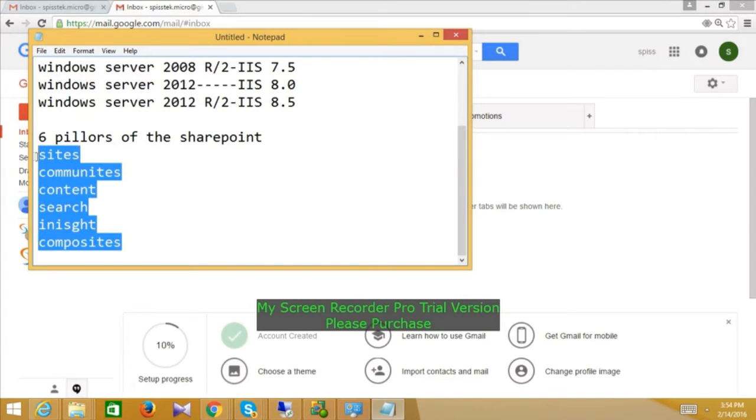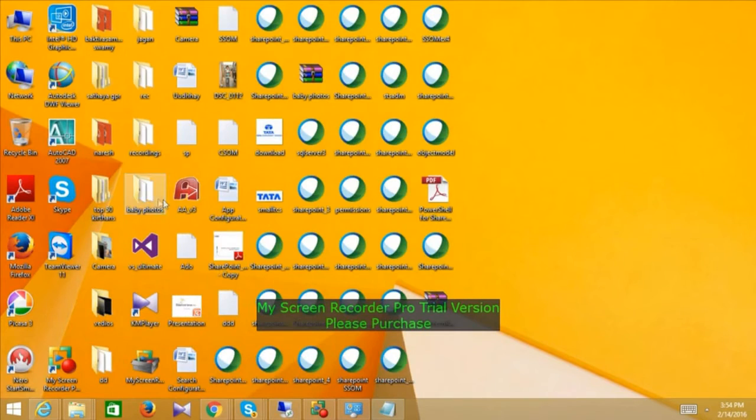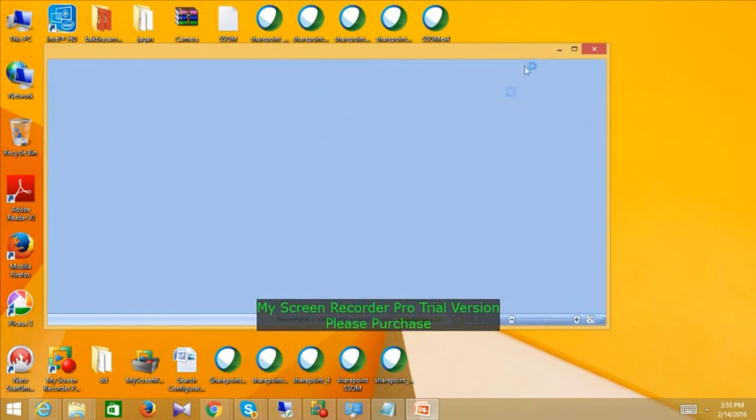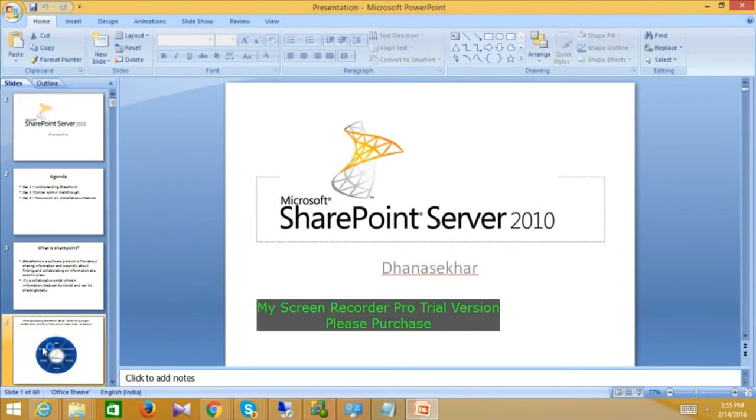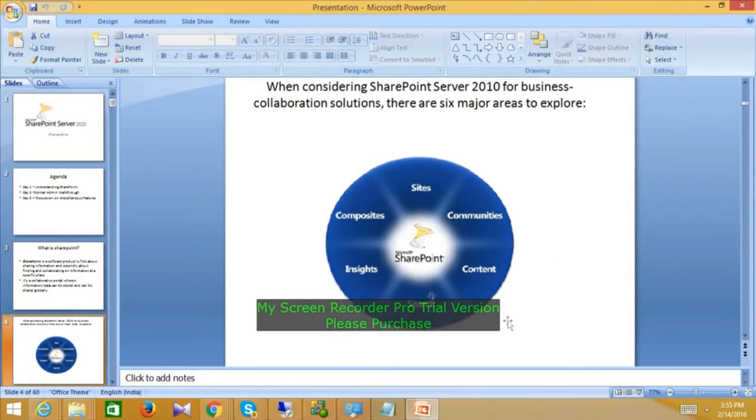These are the 6 pillars of SharePoint. Now you can understand fully. And what do you mean by the composites? I'm coming to that point.